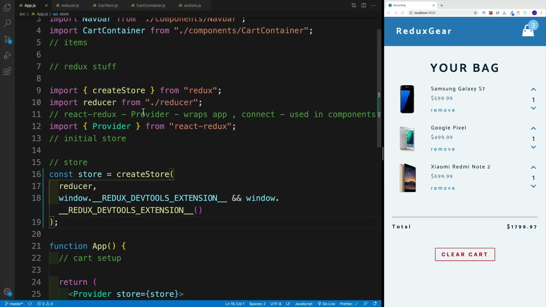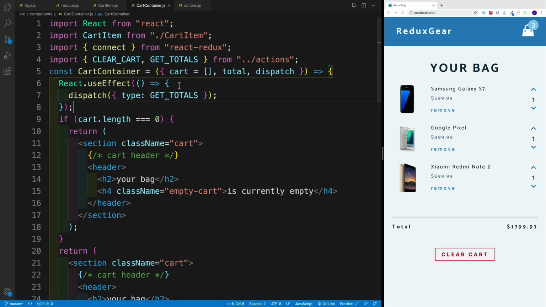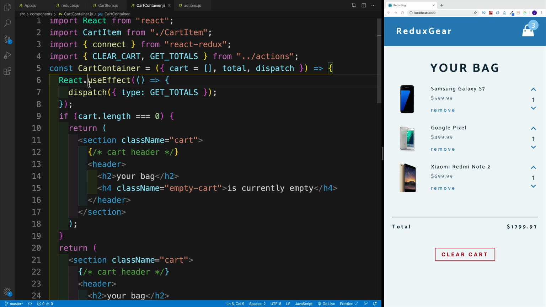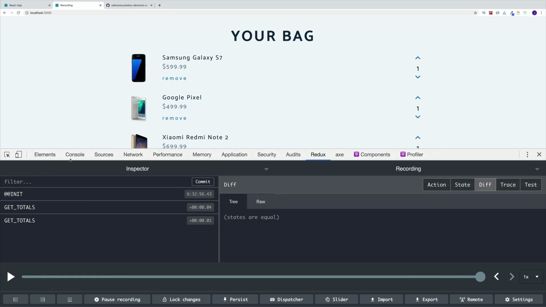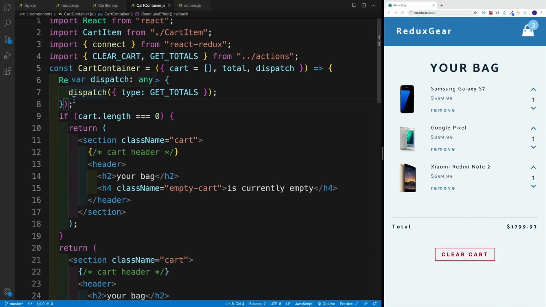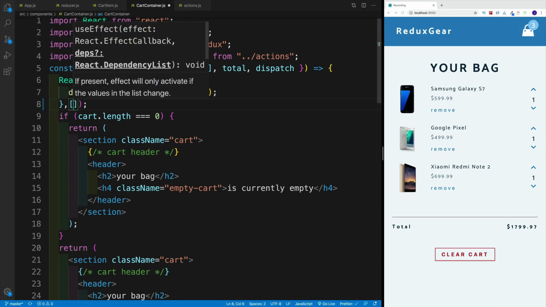And the reason for that is because in the cart container, remember we ran our useEffect. Now the way useEffect works, it runs after every render, unless you set up the dependency array. And this is exactly what's happening. That's why we run it twice. And in order to fix that, I would need to add my dependency array. So I'm going to add my array